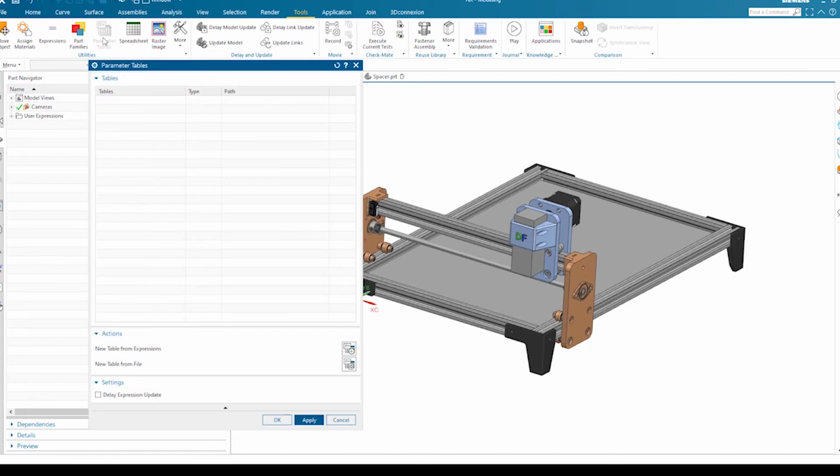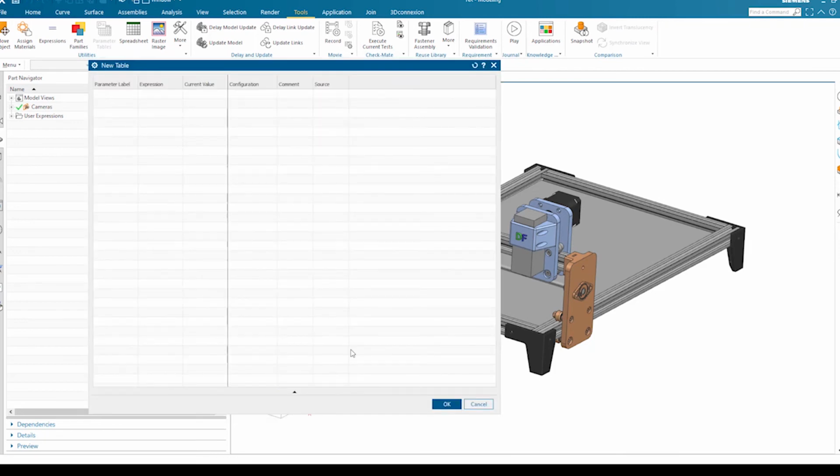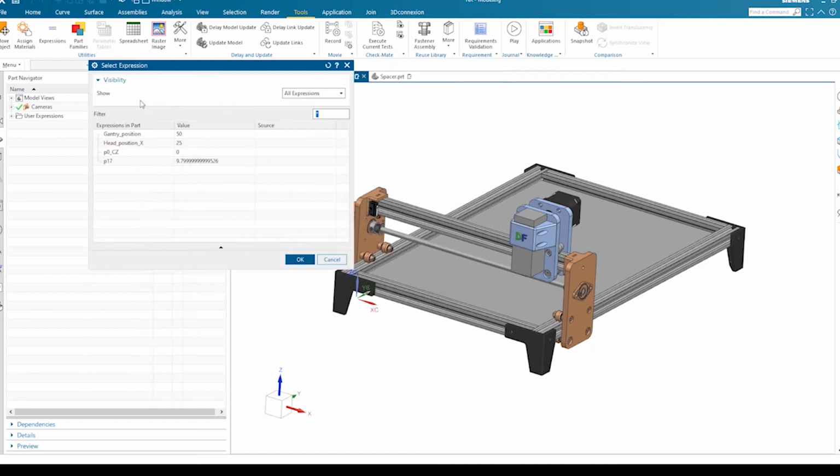You have to click Tools and parameter table, and you will see the same window. You can also click here to add an expression table from your expressions. You have to right click and edit expression. I have created a few expressions to create a configuration for my assembly.